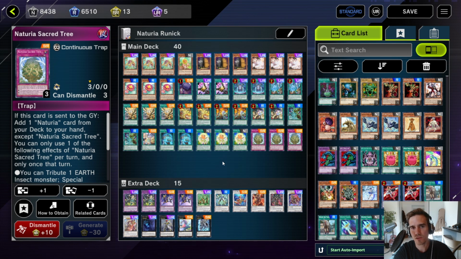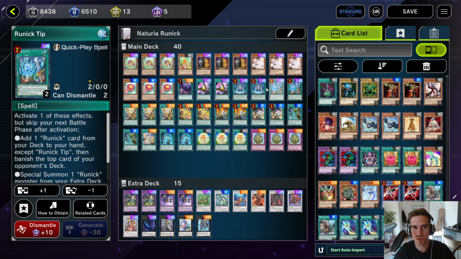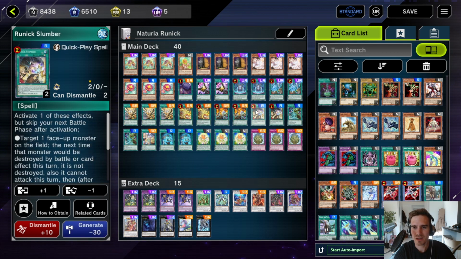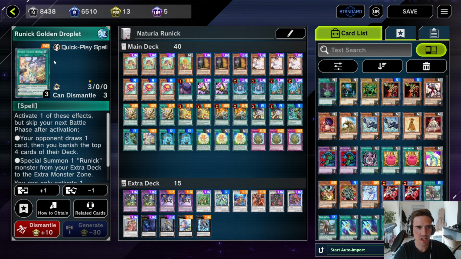I think against all the other decks that now come on the list, this has a nice matchup, and has a nice matchup in general, due to the fact that the Naturia engine is quite strong, but the Runic engine especially is one of the strongest engines in the game. As you can see here, there were many cards hit here, but this is still one of the strongest ones. You are even playing the Runic Golden Droplet, which is definitely the worst card in here, but you want to